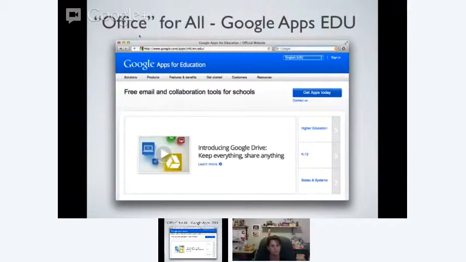So going back to the online tools, another tool that I really highly recommend schools explore is Google Apps for Education. If you're not familiar with Google Apps, it's basically an online version of a productivity suite like Microsoft Office. But there are other tools built into it as well, like you can build websites, you can build blogs. And the important thing about it is that it's free to schools and it's accessible from anywhere. So a kid can start something at school, finish it at home. This has become a critical tool at my school for ensuring that students have access to these digital learning experiences.